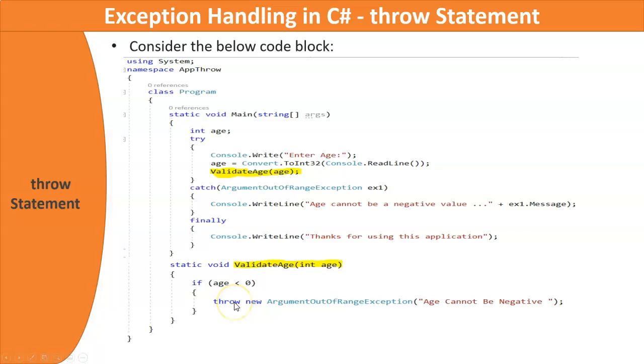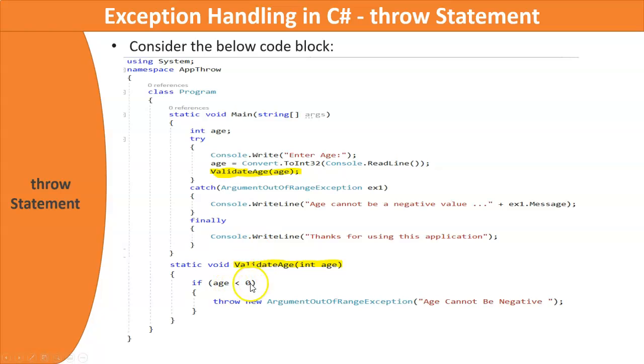Let's see how it is used. throw new ArgumentOutOfRangeException. This is an exception that is derived from the base class Exception. ArgumentOutOfRangeException is used to find out if an argument that is passed to a method is out of range or not.